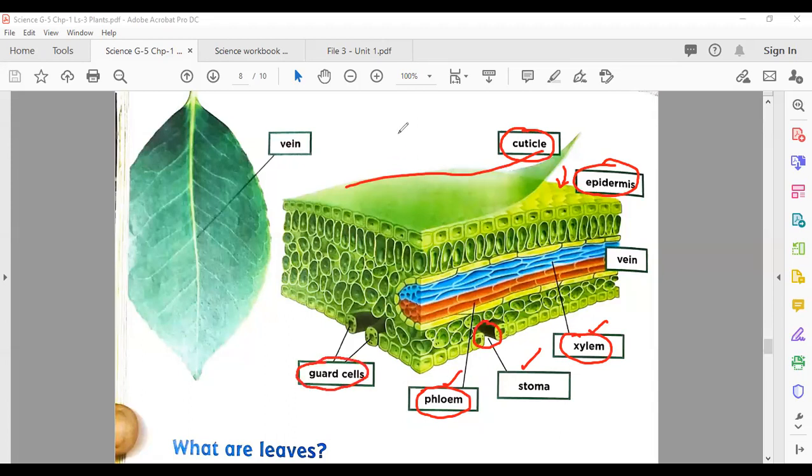I'm going to draw it for you here. This is a simple structure of a guard cell, like this. My dear students, these are two guard cells. They make this opening or hole. This hole we name the stoma. The central part between the two guard cells is the opening we name the stoma. If there is more than one, we call them stomata.